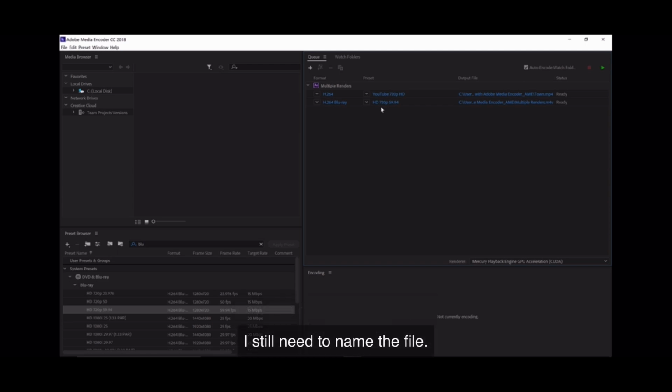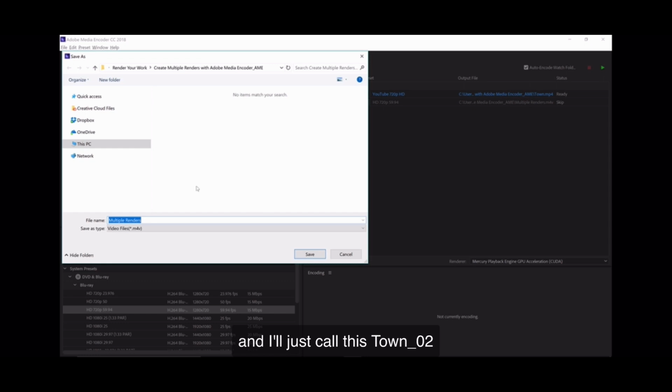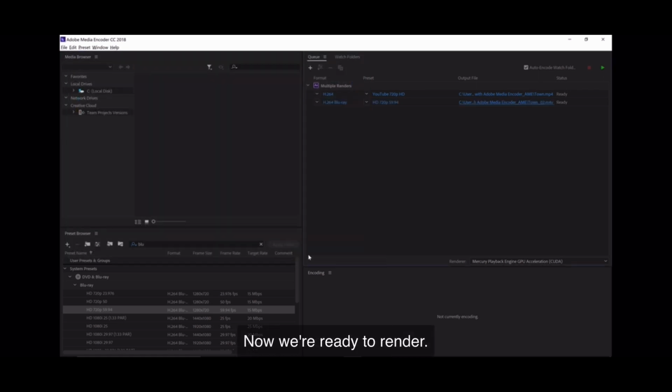I still need to name the file. I'll click here under Output File. I'll just call this Town 02. And click Save. Now we're ready to render. As soon as we click this green button,